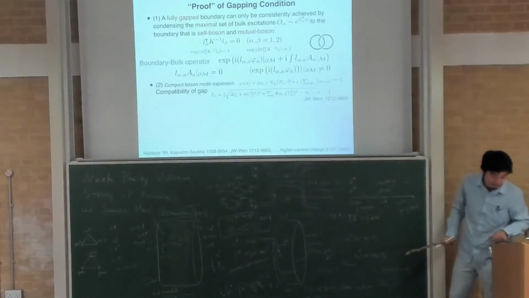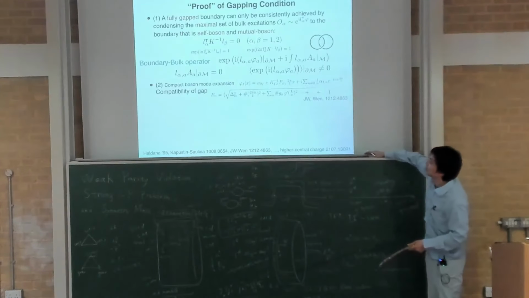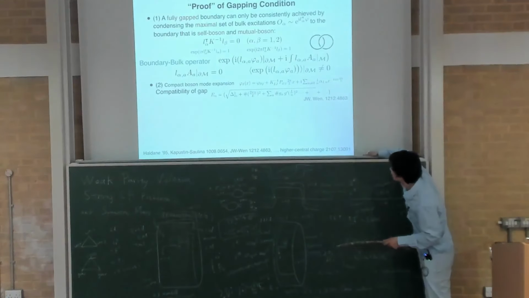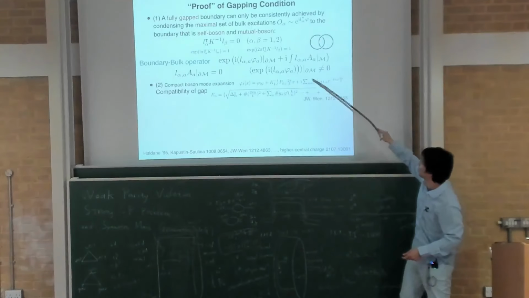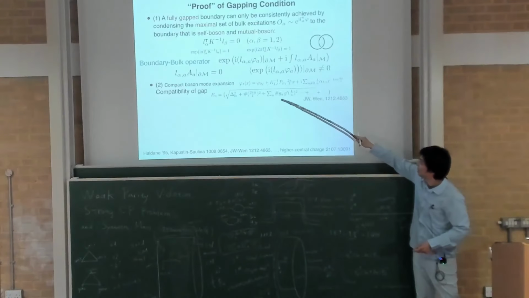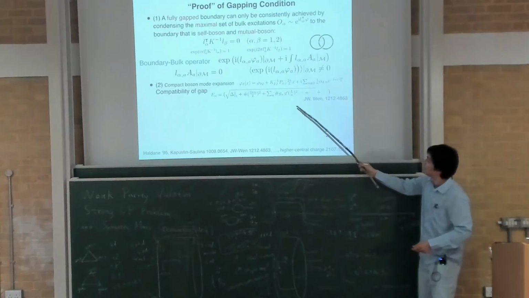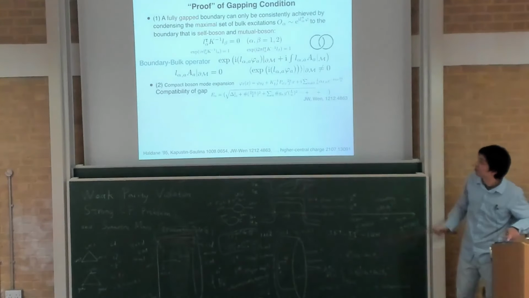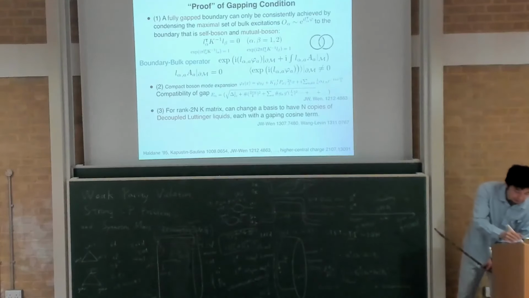And this condition was derived by Haldane, I think, in 1995, long ago. And this condition is later used in many papers. They have a different argument, but in any case, this will be the condition used. And there's also an argument by zero modes, or gapping term stability of the zero mode term, winding term. In my paper in the past, I derived that, to show this is a condition. So once you write that condition down, you try to find some interaction term that satisfies this kind of condition.